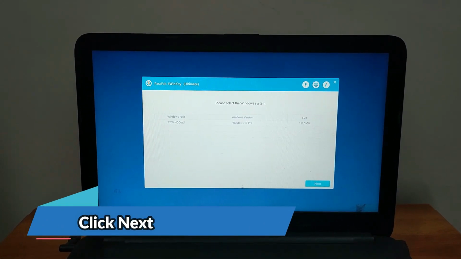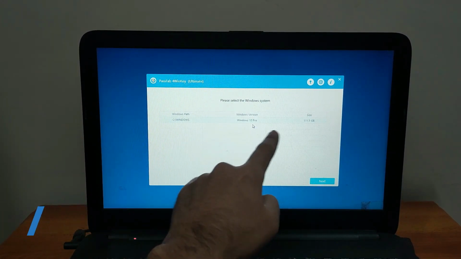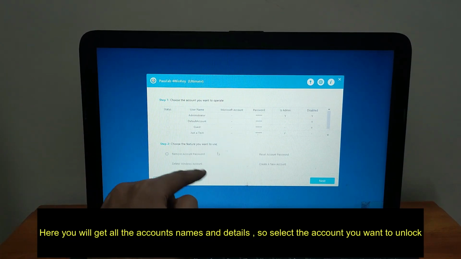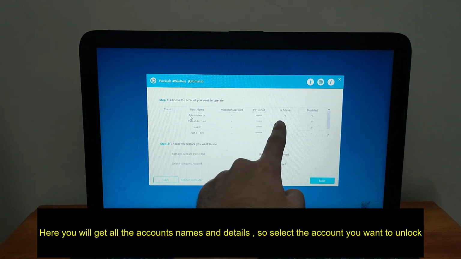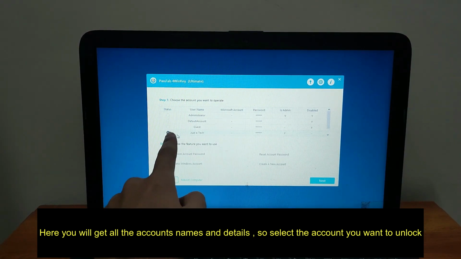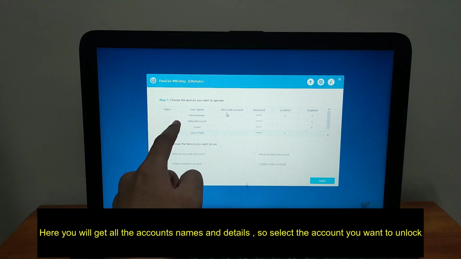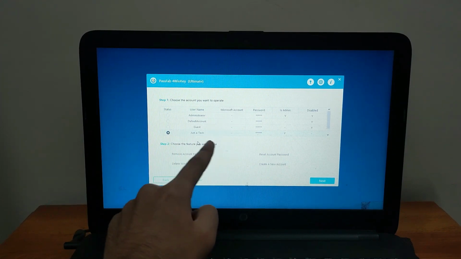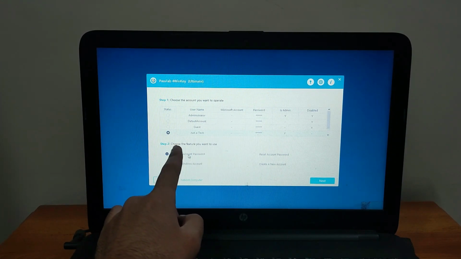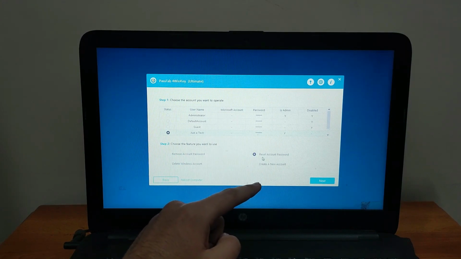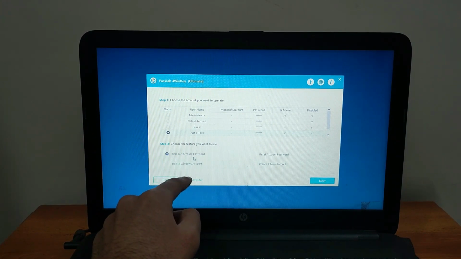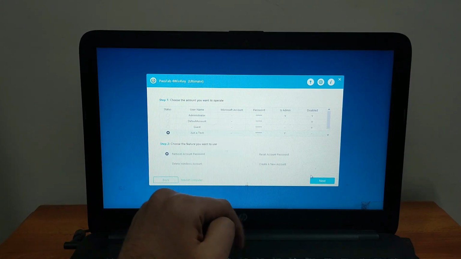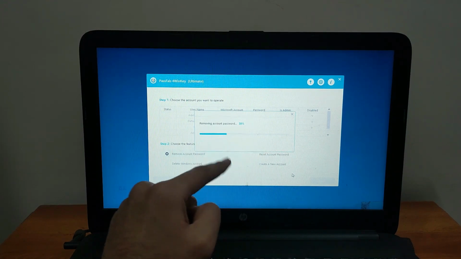Now you need to select your Windows operating system. As you can see, the USB stick is there, and you will get your Windows operating system, Windows version, and then your drive partition. And after selecting that, just click on next. In my case, it's Windows 10, and you will see all your accounts and the usernames here. So you will see the administrator and the other guest account, and the account that you have created. So you can select the account for which you want to remove the password, and you can remove the password or reset it, or you can create, or you can remove the account also. So you can select the option according to that. I want to remove the password, so I will select the account and click on next.